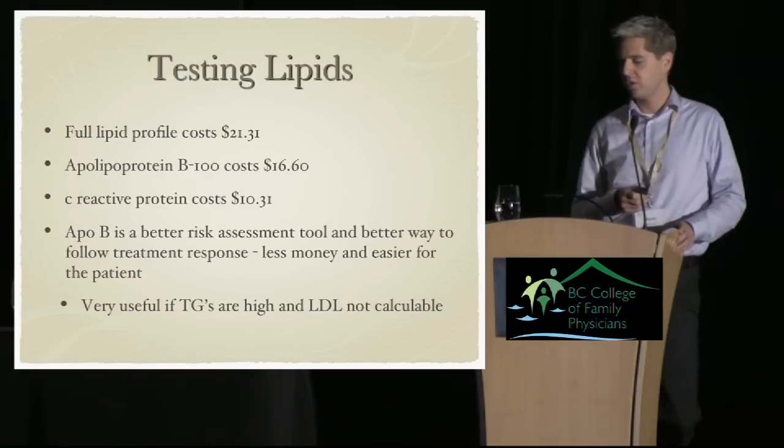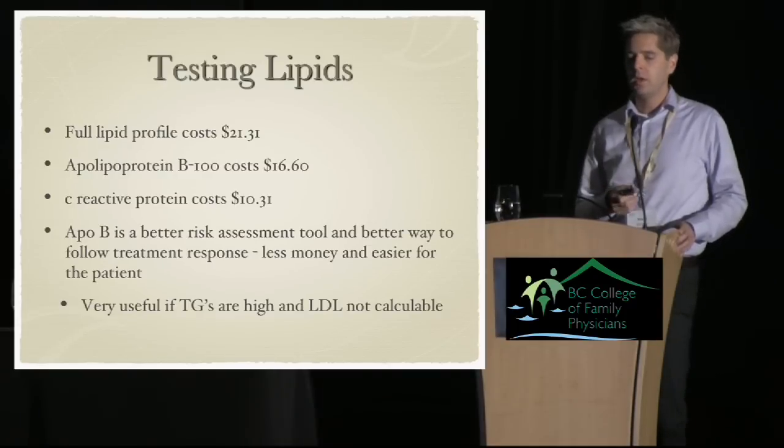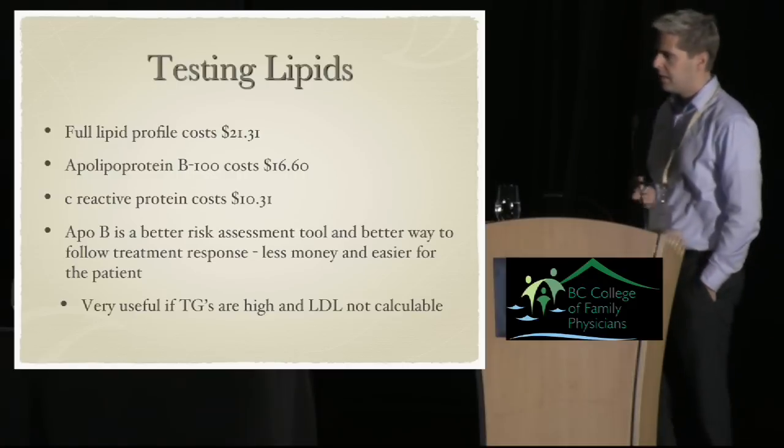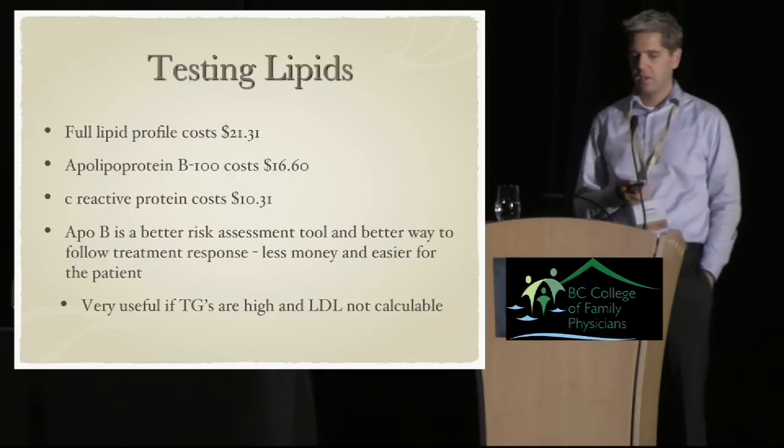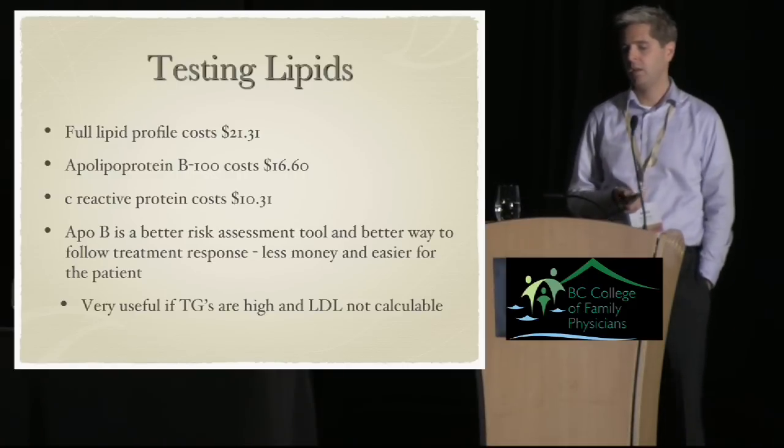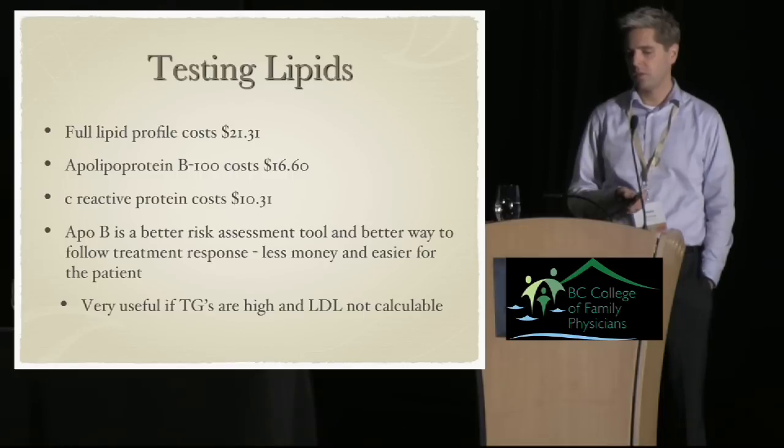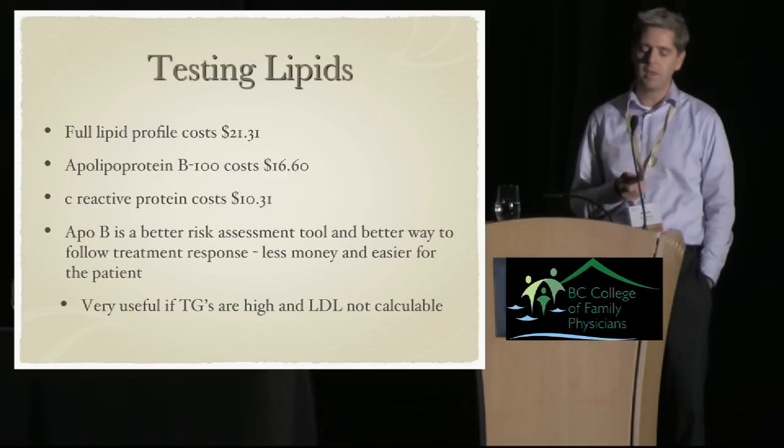I think it's also important just to know the cost of some of the things we do. A full lipid profile in BC, $21.31. An ApoB, $16.60. C-reactive protein, $10.31. I'm going to talk really quickly about ApoB